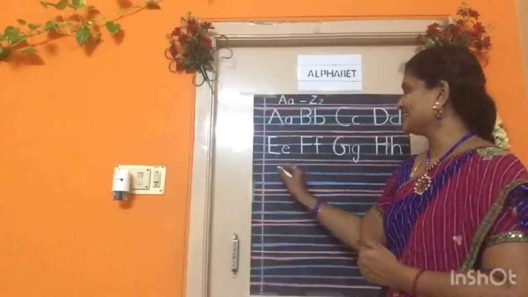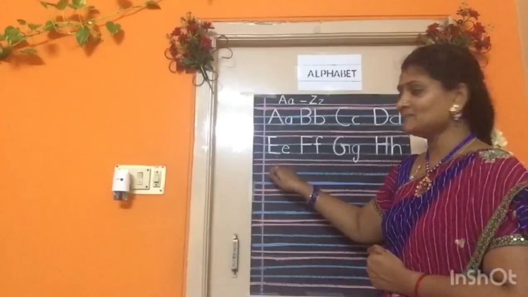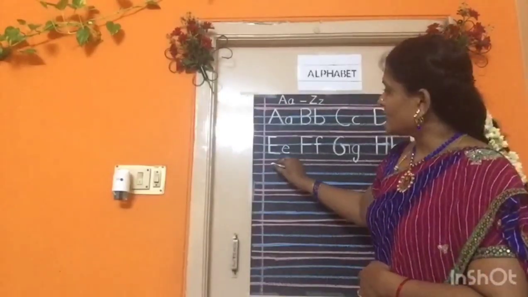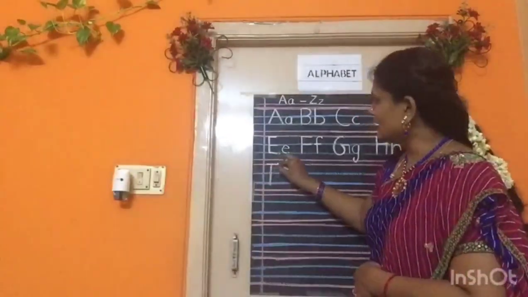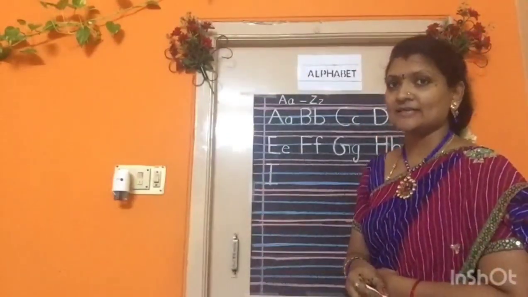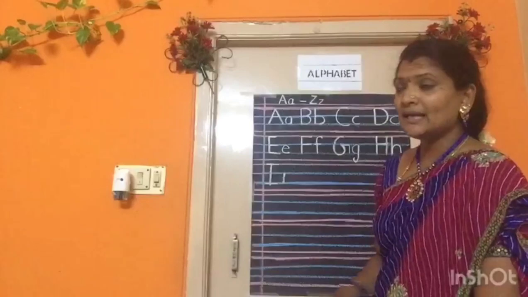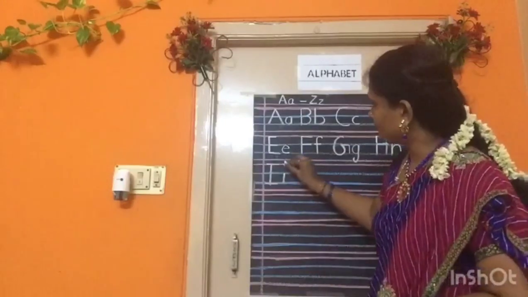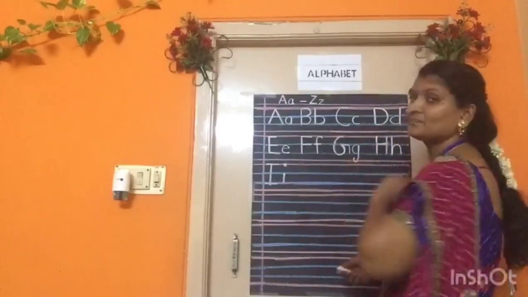After H, what letter comes? Yes, I. Again we are using one more new line. 4 lines. We'll start the letter I from here, immediately after the margin line. Capital I from pink line to second blue line, vertical line. On the pink line, horizontal line. On the blue line, again horizontal line. Capital I. Then the small i within the blue lines, vertical line, and a dot on the pink line. I says I. Okay, now next comes J.